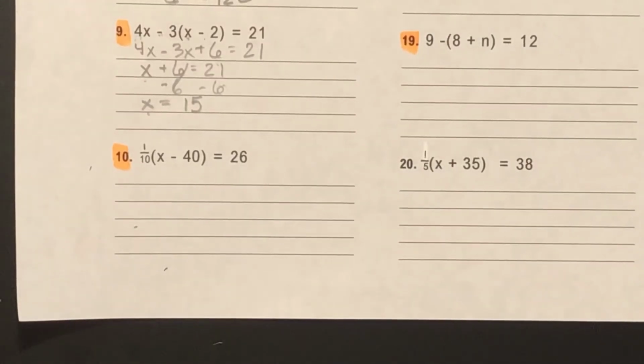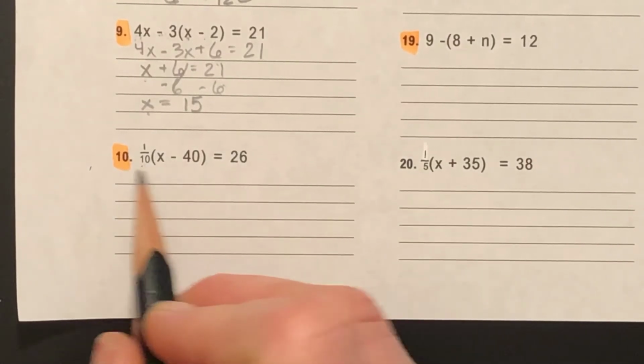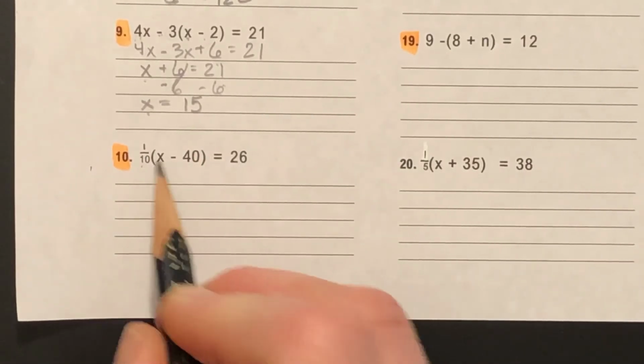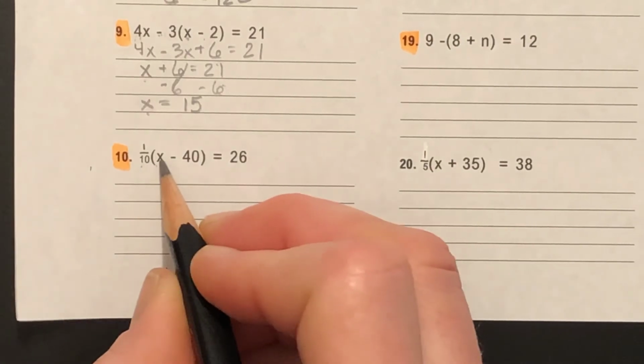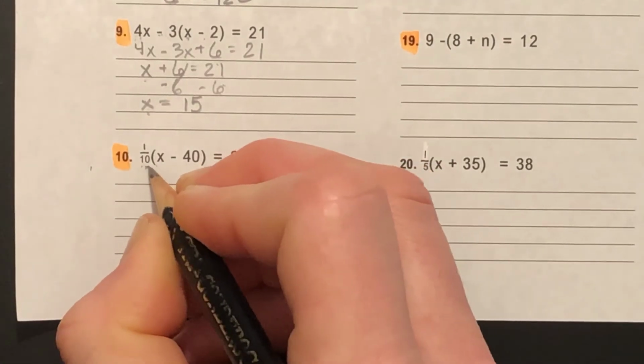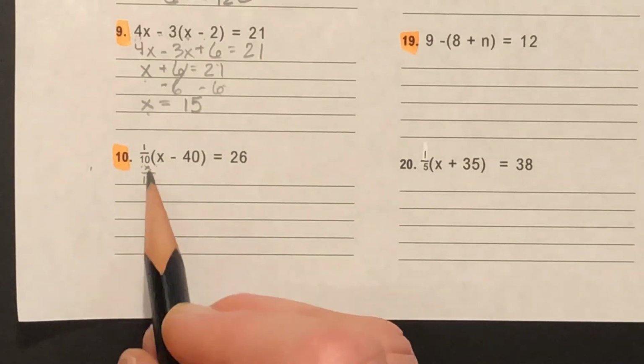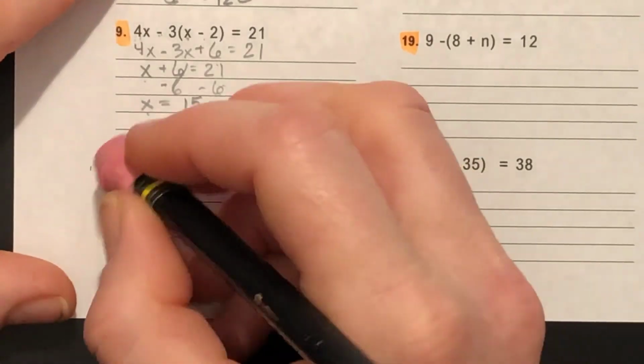Number 10. 1/10 distributed among the x minus 40. I will put it all over x. So 1/10 times x is x over 10, x divided by 10. You could also put